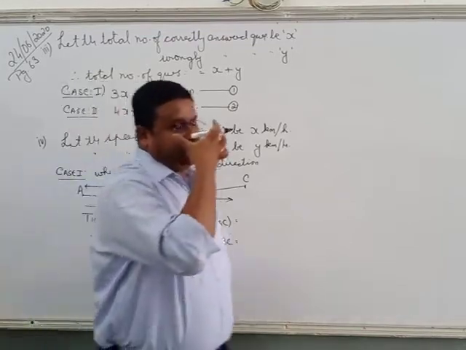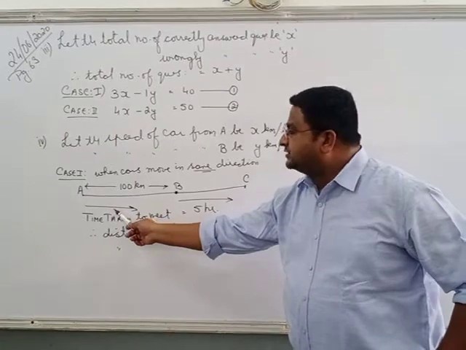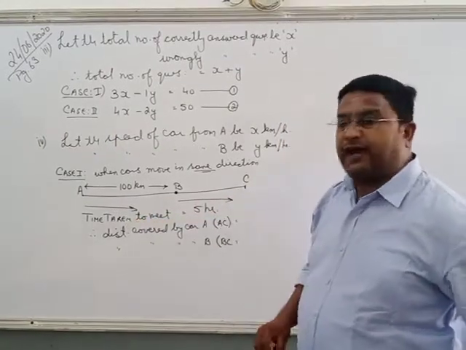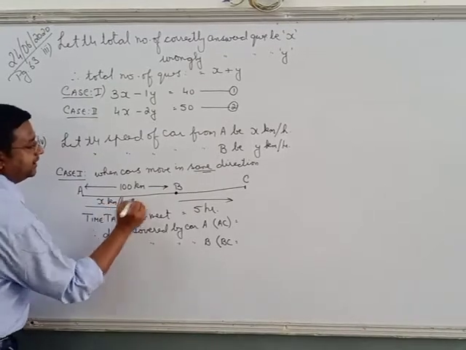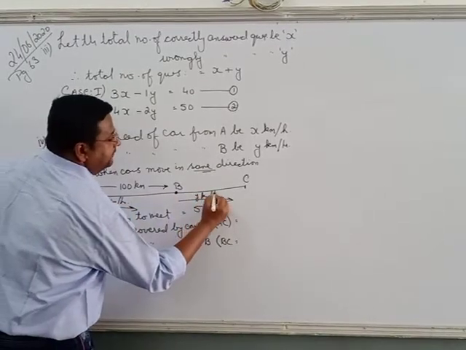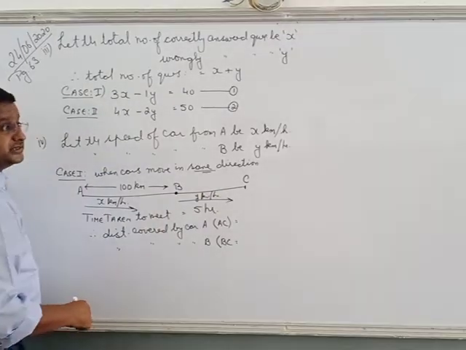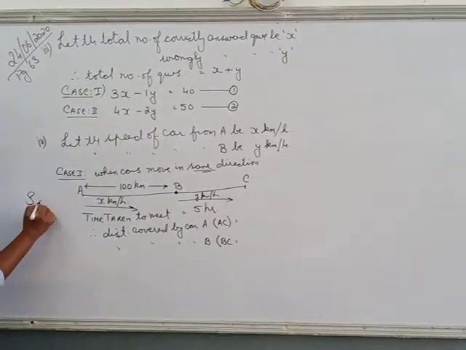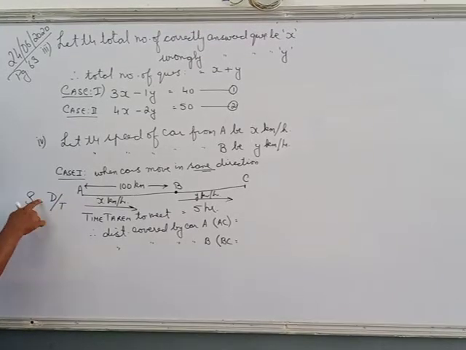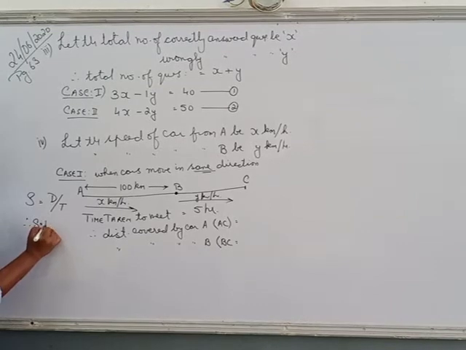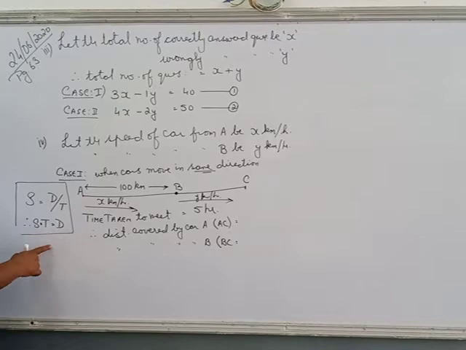Now, we have the speed of the first car as x km per hour, and the second car as y km per hour. Speed is given to us, we have assumed x km per hour and y km per hour. And we have the time. So we know the formula for distance, speed and time. Speed is equal to distance upon time. Yes or no? So speed into time, time is cross multiplied. So speed into time is equal to what? Distance. We are using the formula.